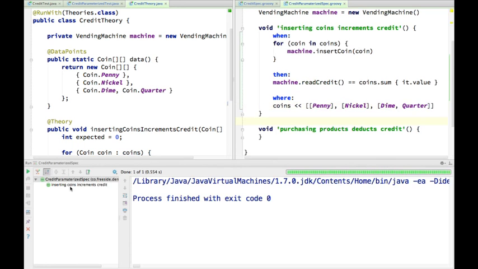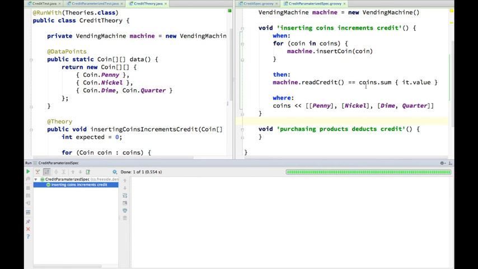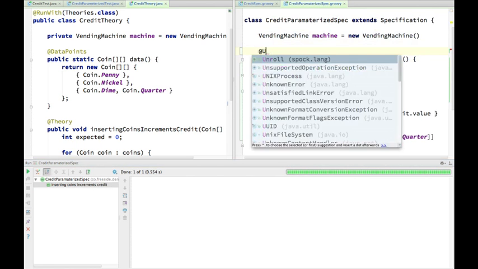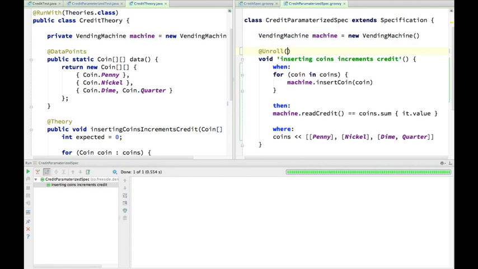Okay, that's worked fine. Like the theory, we've only got one result there in the test. Let's do something about that. So we can add an annotation to this method called unroll. And look at this. Autocompletion in IntelliJ in the unroll statement. If I run now,